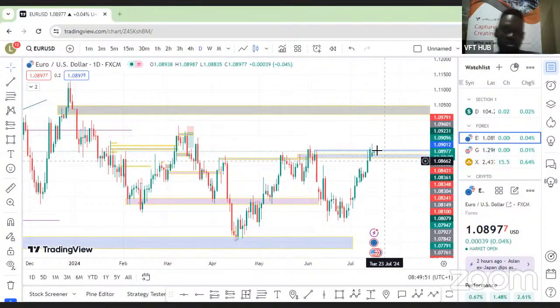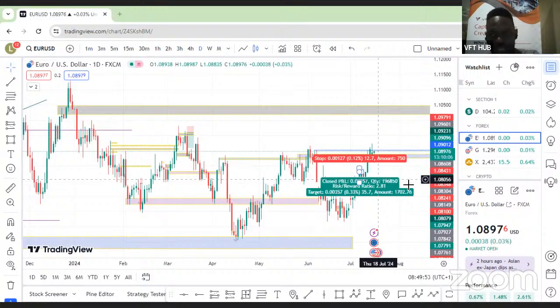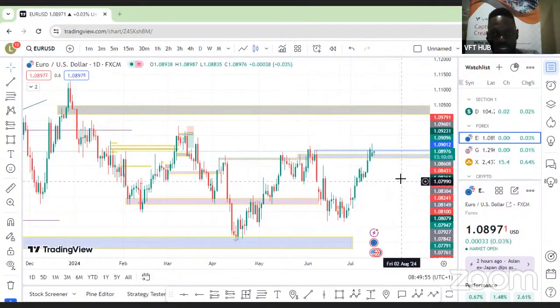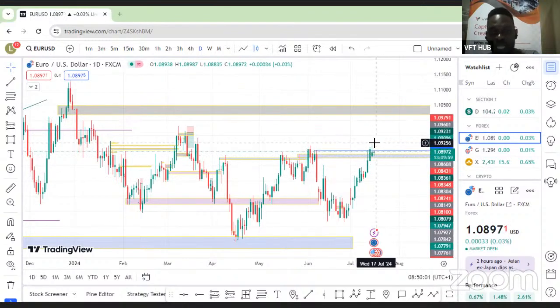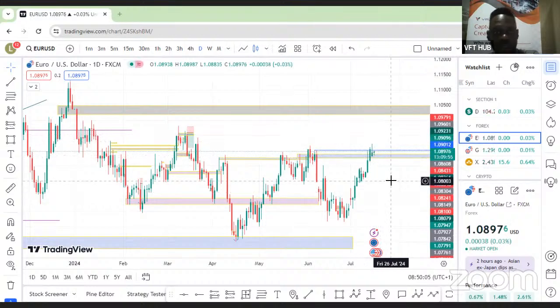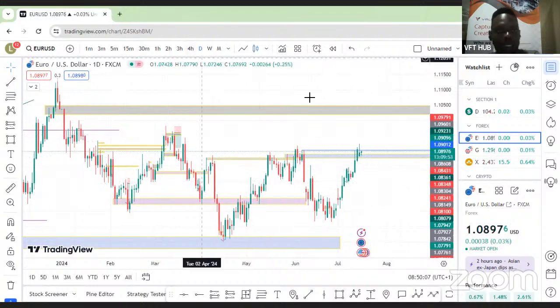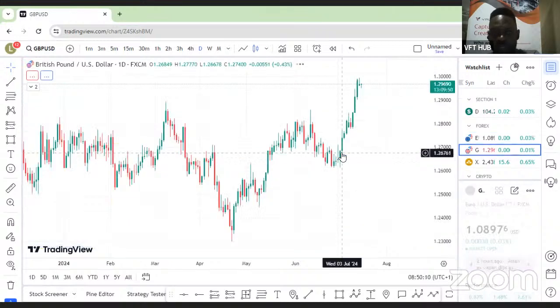So if DXY clears liquidity below that level that we marked on the daily time frame, then we may start looking out for a sell. But if it doesn't, you should look out for a buy. All right, so someone said for GBP/USD,